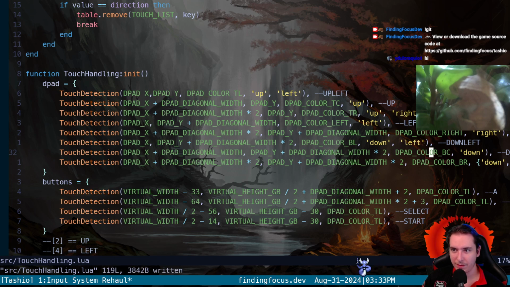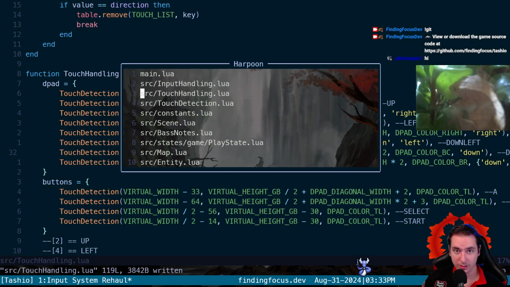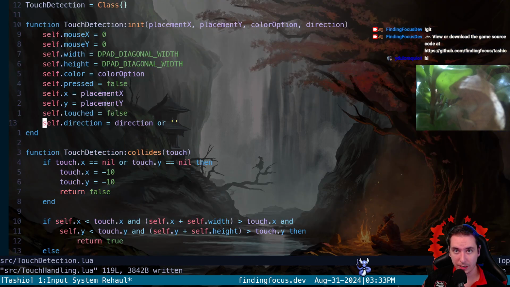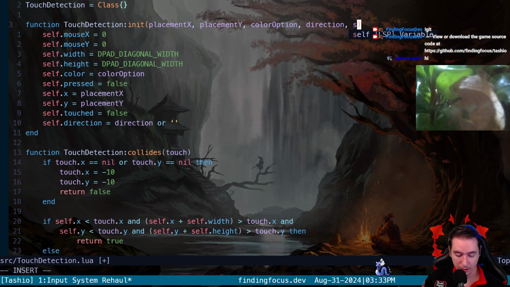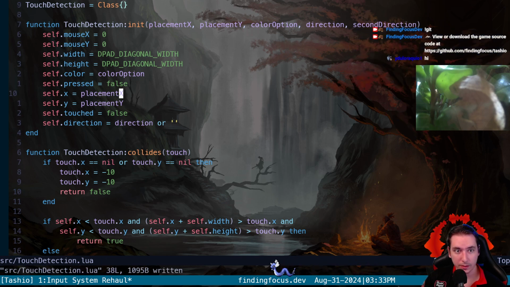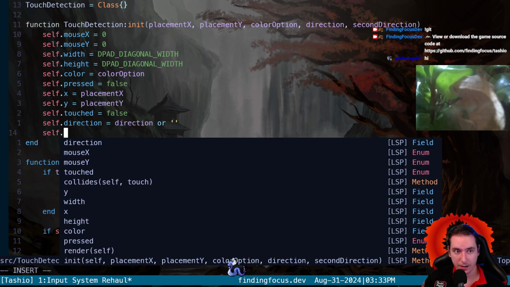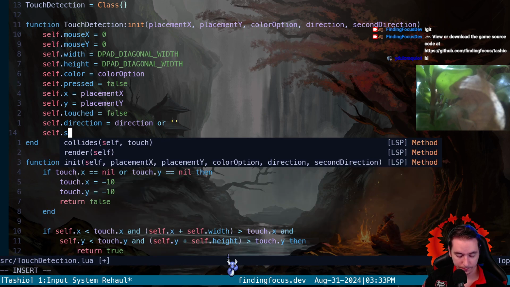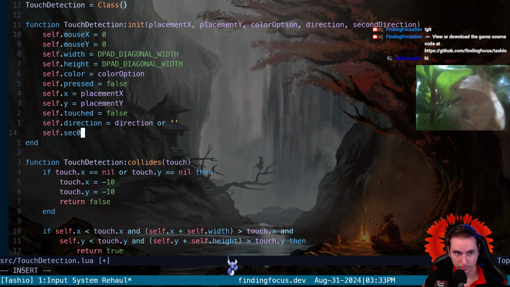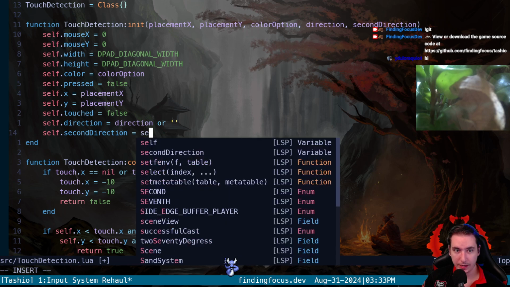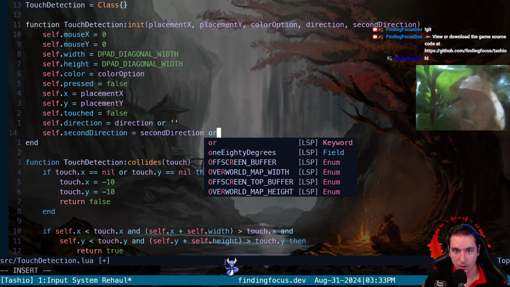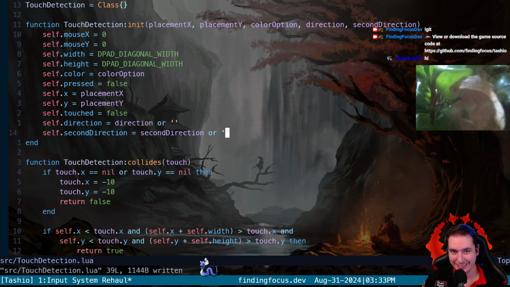So we'll just give it multiple inputs, and then in our touch detection object, we'll have a direction and then second direction, and we'll assign direction to direction, and we'll assign second direction to be equal to the second direction, or an empty string, or nil,